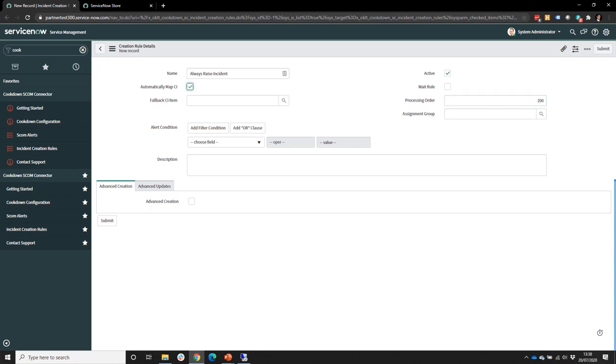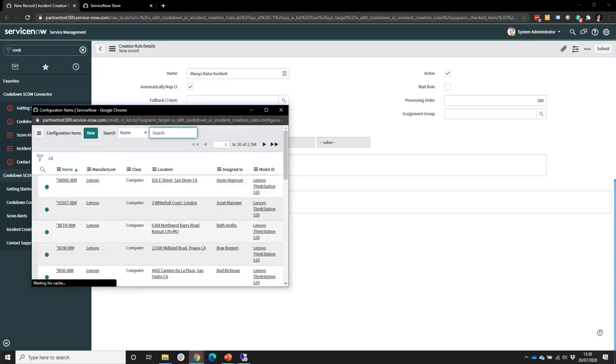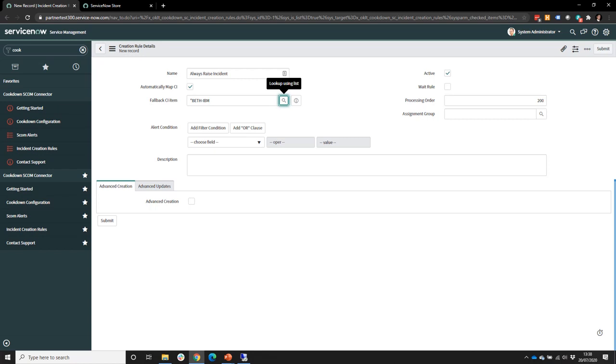This won't do anything unless you are using our discovery product, in which case we know based on the SCOM object ID that the alert came from, what object in your CMDB correlates to that SCOM object that raised it. And we're going to specify a fallback CI in case automatic mapping doesn't work, which it won't in this instance because we haven't done any CMDB population. So it will have this set. If you don't have our discovery product, then it will essentially use a single static configuration item in here or be blank. Under the alert conditions, I'm going to pick alert ID is not blank, it's not empty,